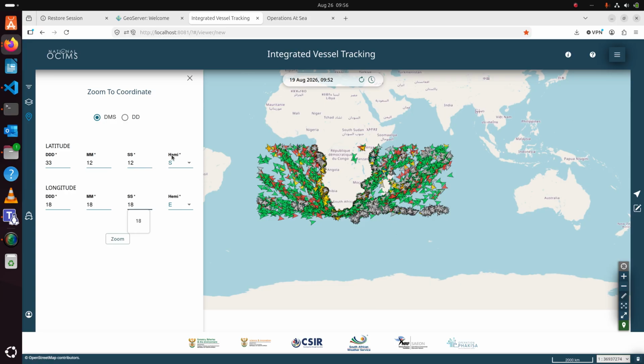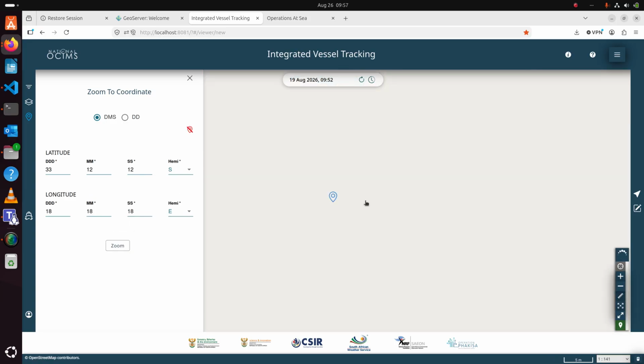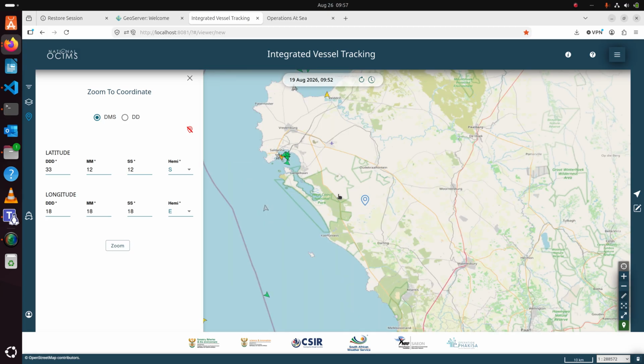The hemisphere is south and east. So this should be close to Cape Town, if I'm not mistaken. If I zoom out, just to give a better context of the area, you will see the coordinate there. And yeah, it is close to Cape Town, I guess. So that's how you zoom to a coordinate. You can disable the icon by just clicking